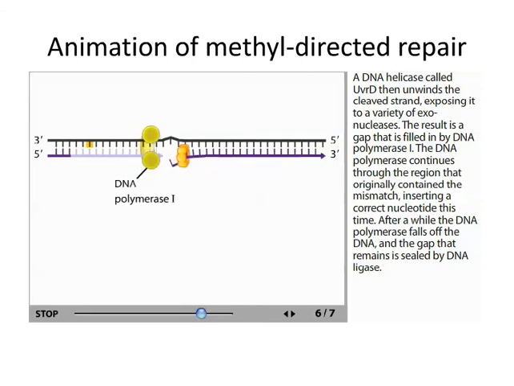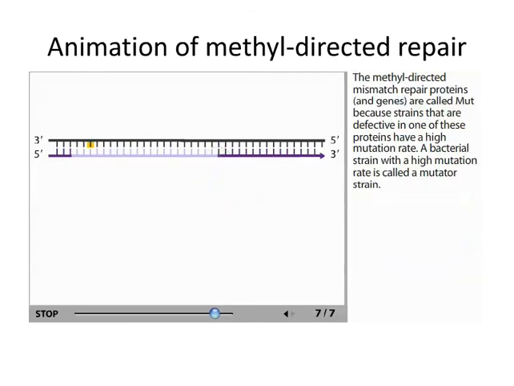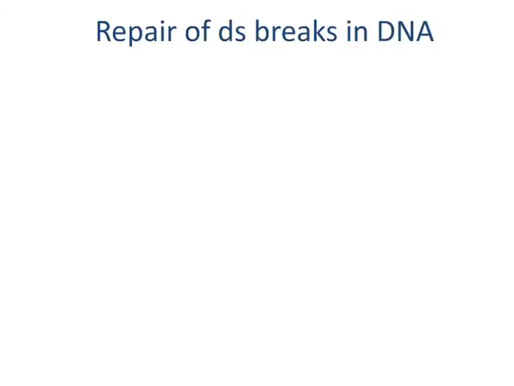The DNA polymerase continues through the region that originally contained the mismatch, inserting a correct nucleotide this time. After a while, the DNA polymerase falls off the DNA, and the gap that remains is sealed by DNA ligase. The methyl-directed mismatch repair proteins and genes are called mut because mutations in them cause strange